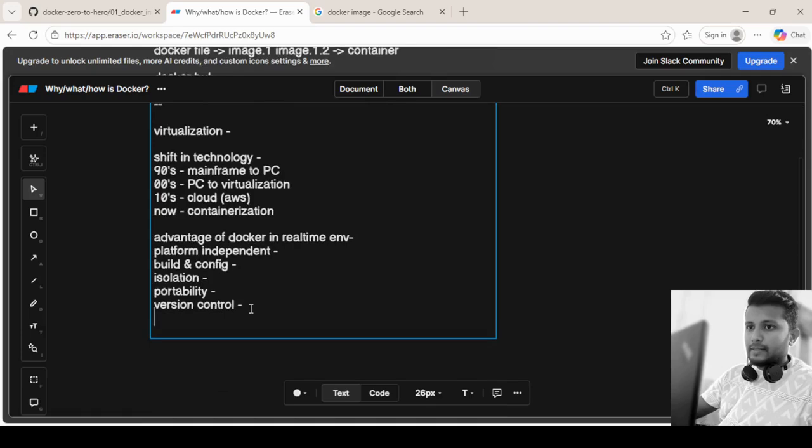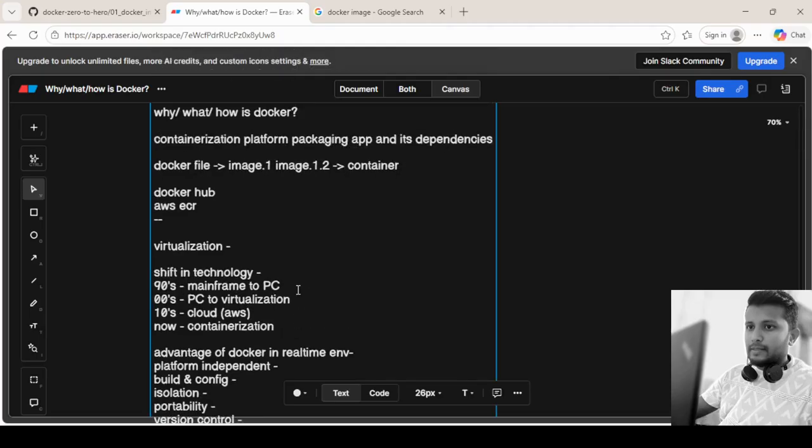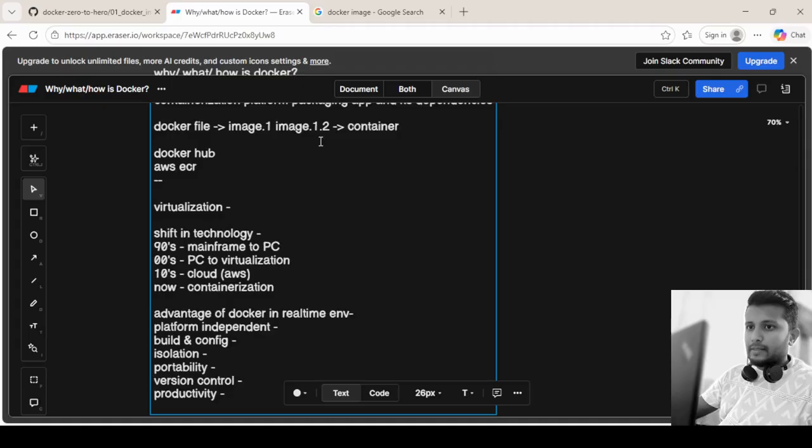And one another important benefit of Docker is productivity. Developers don't have to worry that the application is not working in a specific environment, because we are resolving that with the help of Docker. So developers don't have to worry about platform dependency, and even DevOps doesn't have to worry about setting up the application and ensuring that it's working smoothly in the other environment, right? So the productivity has really increased for us. Okay, so this is about Docker.